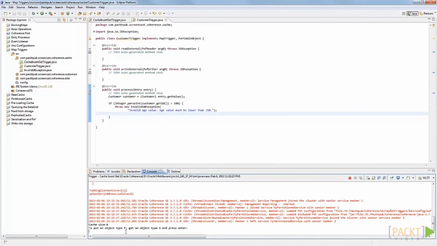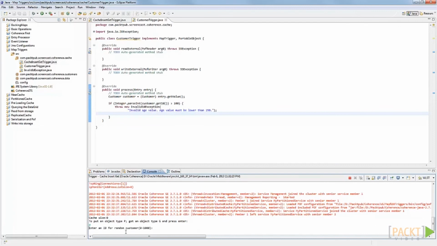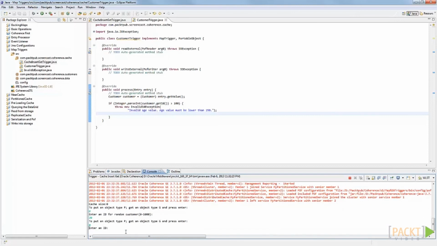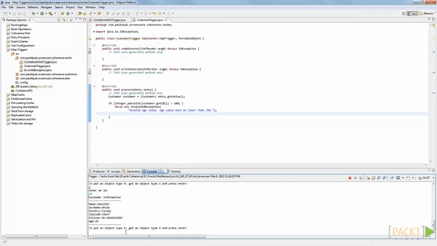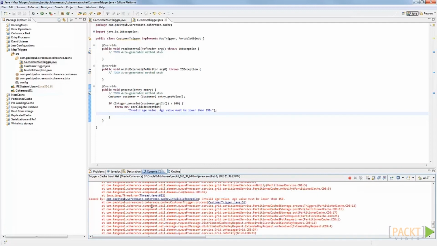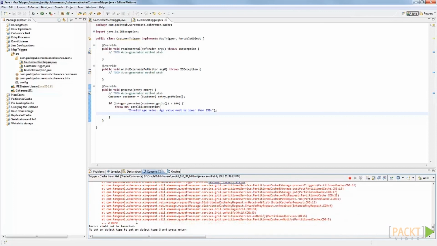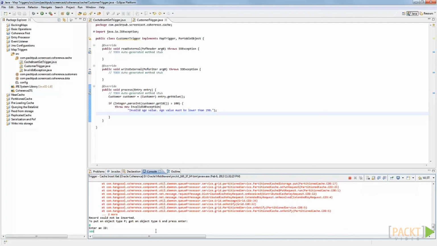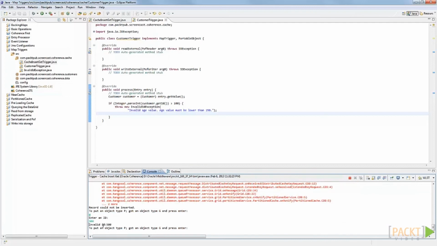Initially, type in P and then 20. This object gets inserted in the cache as the customer ID is less than 100. Type in G and then 20 to retrieve it. It works just fine. When we type P and then 500, we get an exception as expected. When we type in G and 500 to retrieve it, we get an error message that says the ID is invalid as the object has not been inserted into the